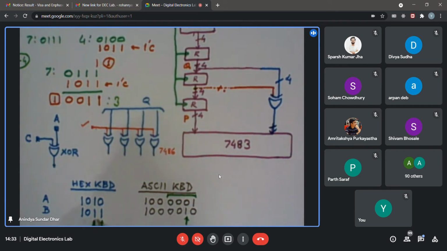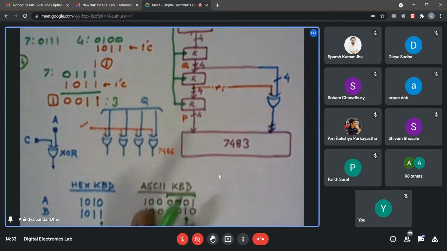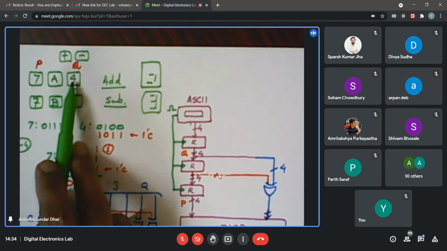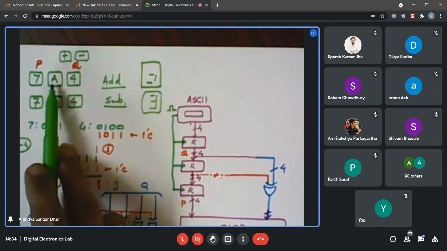Otherwise, I could have got a logical circuit to check whether this is 1, this is 0, this is 1, to identify whether this is really A or really B. Because I'm just looking into the LSB, it only says that the number is odd or even. So suppose that, rather than A and B, say 7A4, I instead press 704, or I press 714. Then also I will get addition or subtraction depending on the key I have pressed, whether it's an even key or odd key, because that decides the LSB. So if it is even, then it will add. If it is odd, then it will subtract.